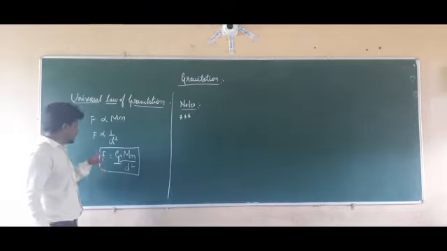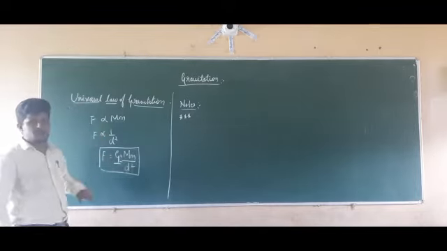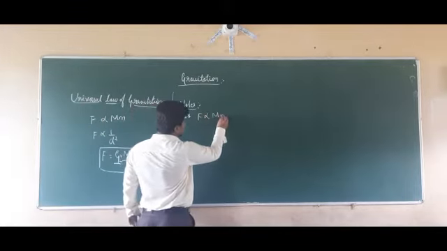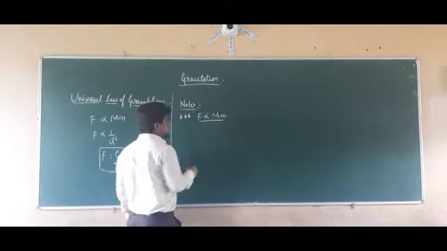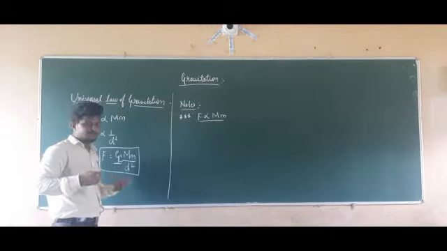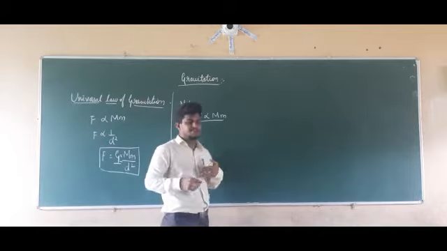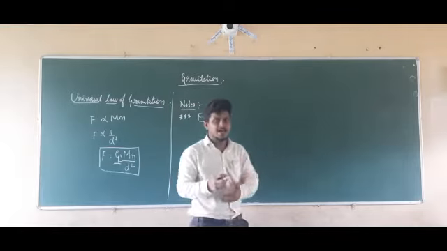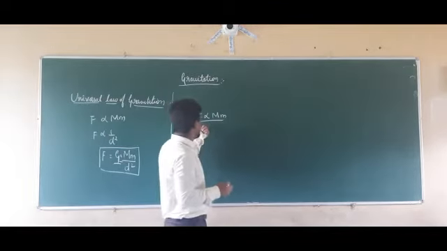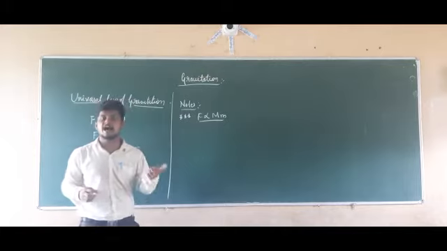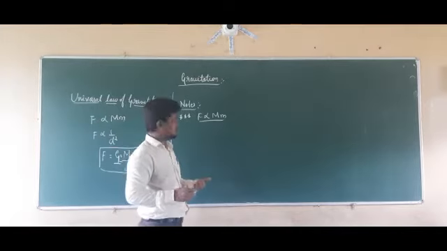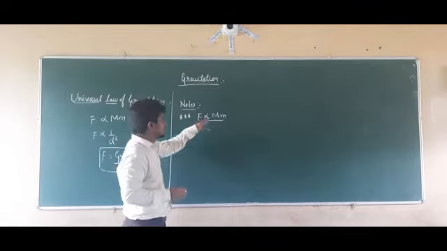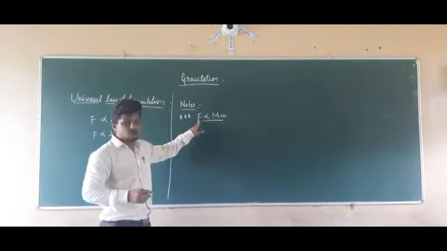So if you check here, F is directly proportional to M into M. So what does it mean? It means directly proportional: if the masses of both the objects are higher, then the magnitude of the force acting on both the objects will be higher. Anything in directly proportionality means that if this increases, this is also going to increase.